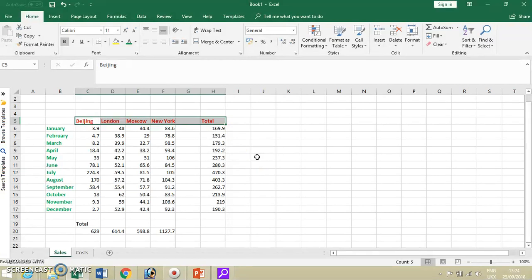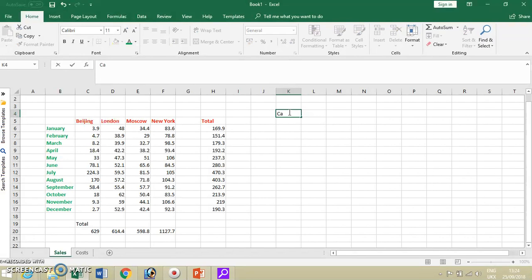A simple formula in Excel within the sales worksheet, if I type in a simple formula like cars, make it new cars. So a company has 5 new cars, and it has old cars or used cars, and we give it 7. So I can put a total in here